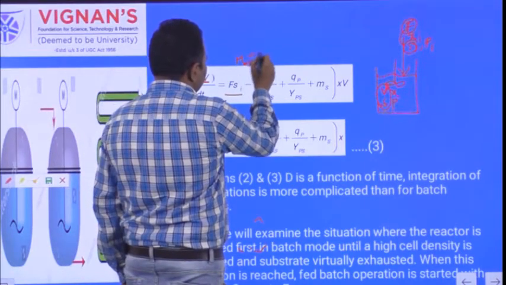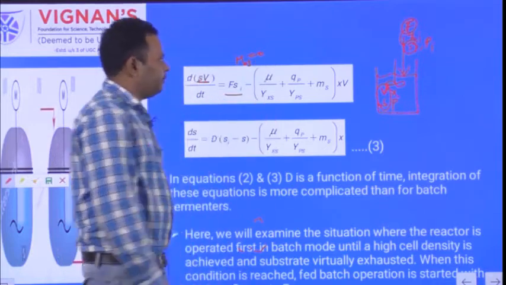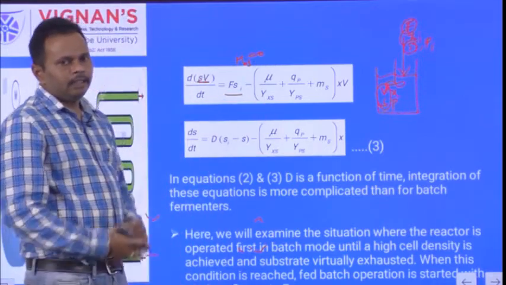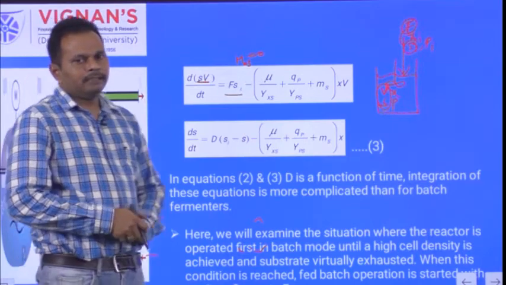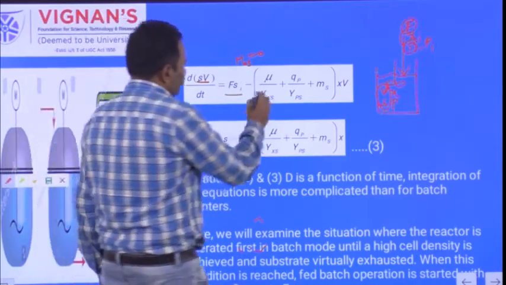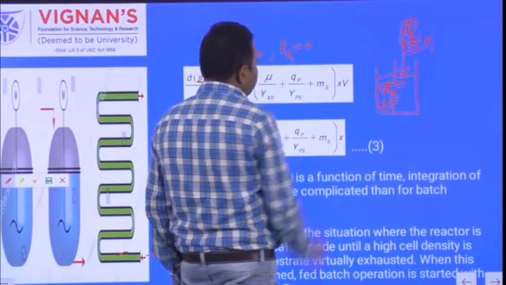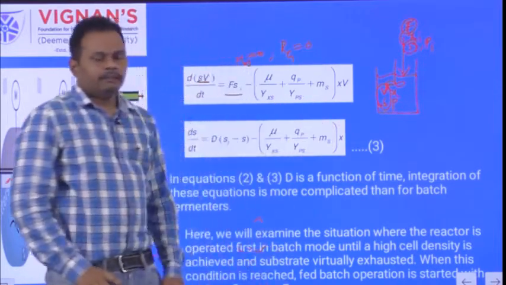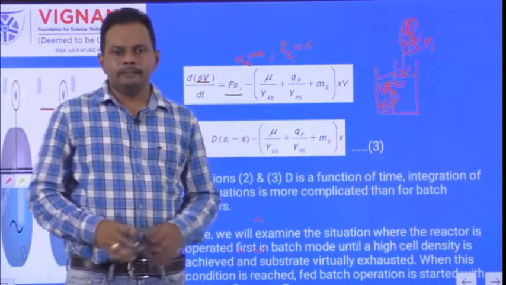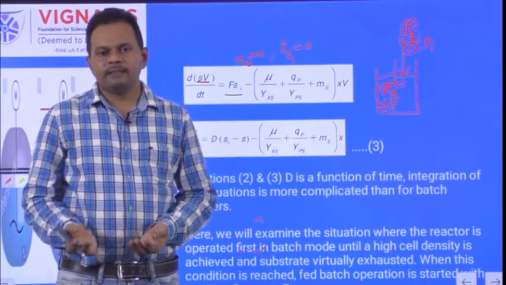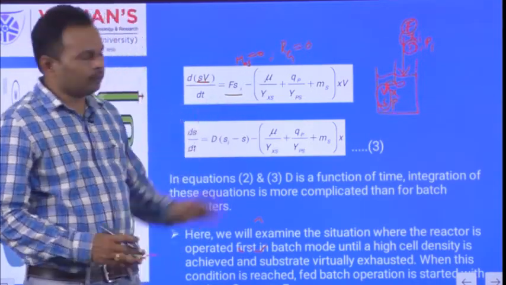Mass of the substrate out is 0, since because of the fed batch fermentation, there is no output. And what is the generation of the substrate? Next one we have the Rg term. Is there any generation of the substrate? Within the biological reaction, only substrate consumes. There is no generation of the substrate. So substrate generation is 0.